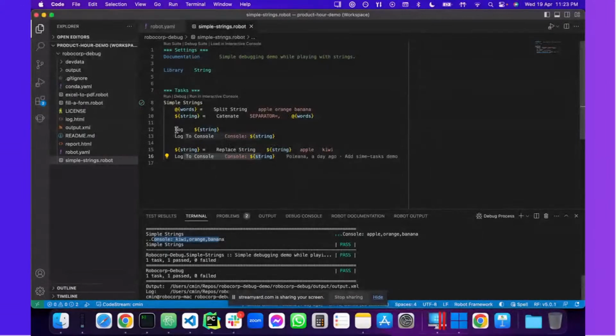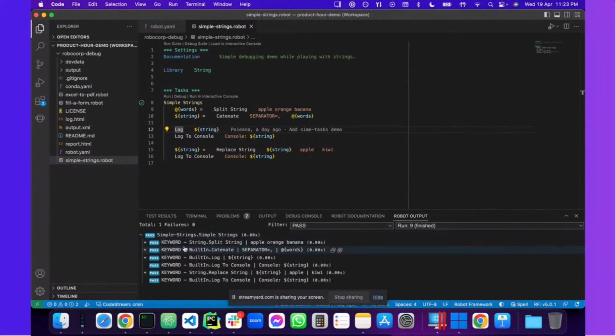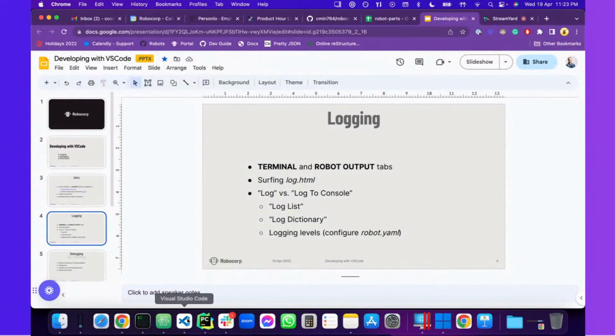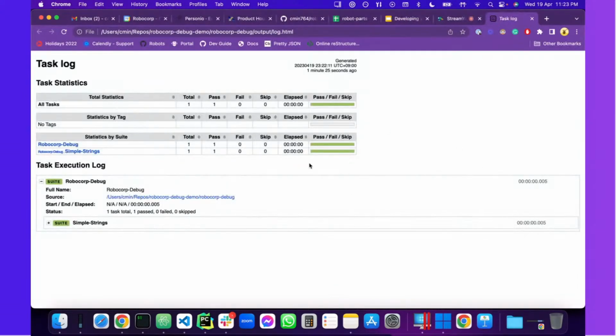Then you see the logs. These are displayed here in the robot output. So as long as the robot runs, you will see all of the keyword calls appearing one by one, especially these logs, that log that string in our example. And this is the same and more nicely formatted if I click here in VS Code on this log HTML link, which opens the log file, explaining to you what happened in the bot run.